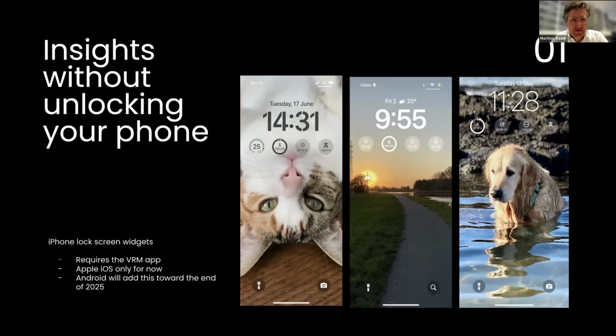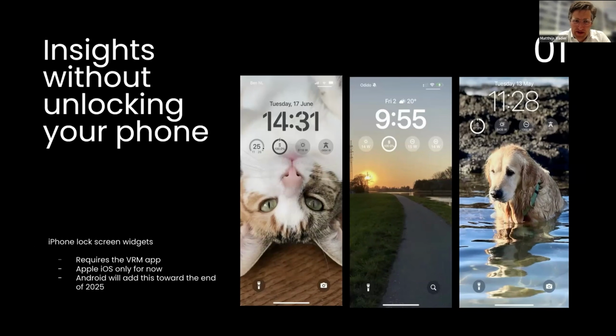To get straight on it, one very nice one is that now, at least on an Apple iPhone, users can see the status of their system without having to unlock the phone. You can take the phone, light up the screen by touching it, and then you can see one of 5 parameters. You can configure that lock screen to show the main data of your system. And the key term here is an iPhone lock screen widget. That's what the users need to search for on how to configure that.